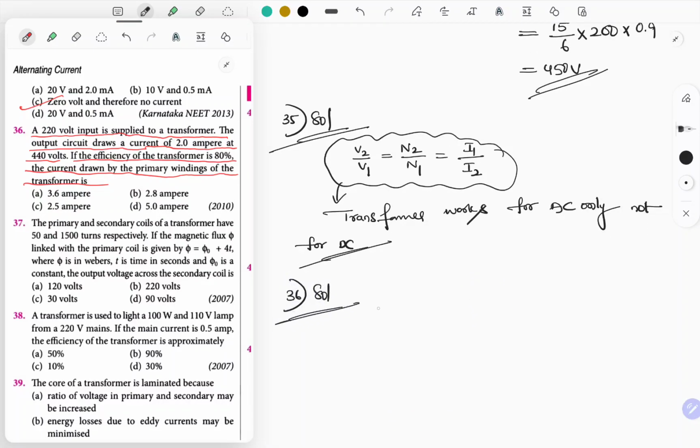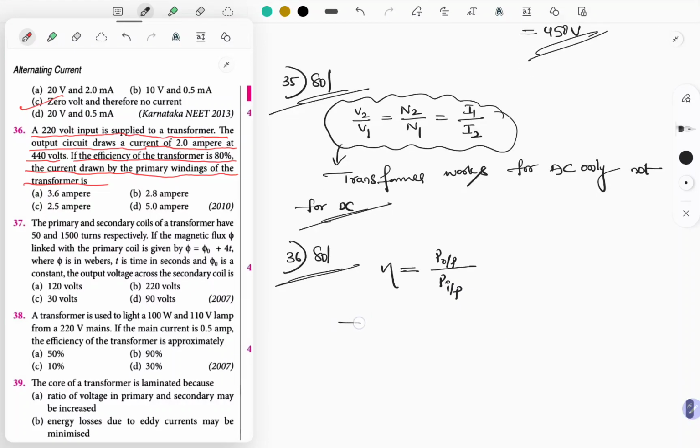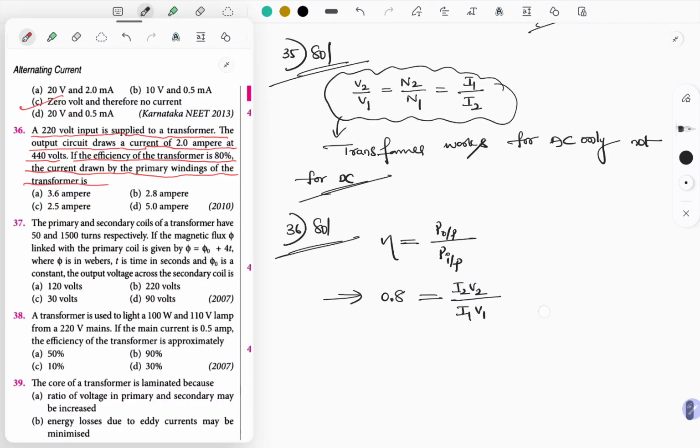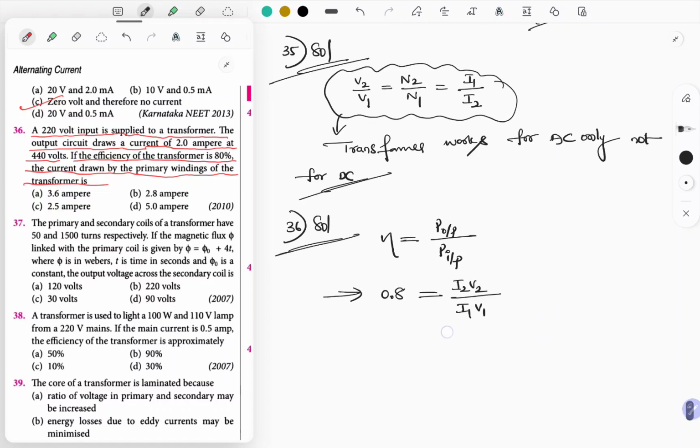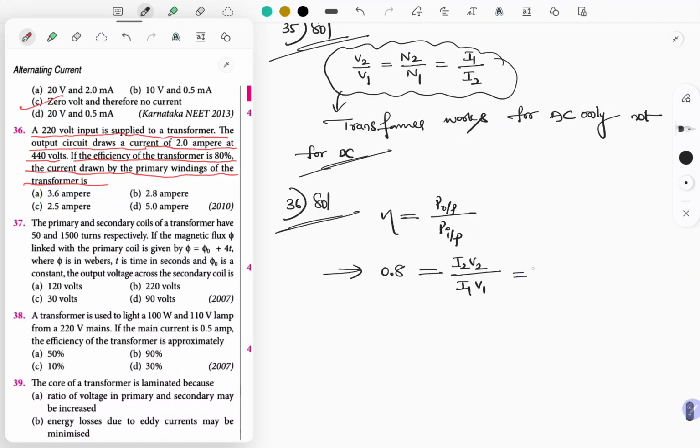36. Formula for efficiency: efficiency is equal to output power divided by input power. So efficiency, how much is it? 0.8, which is equal to output power, that is I2 into V2, divided by input power, I1 into V1. Input voltage is given. What should I find out? Primary current. So I2 is 2, into 440, divided by I1, which I have to find out,